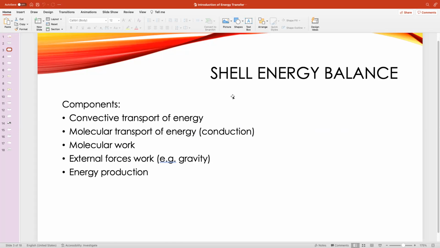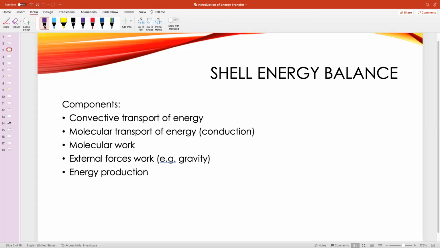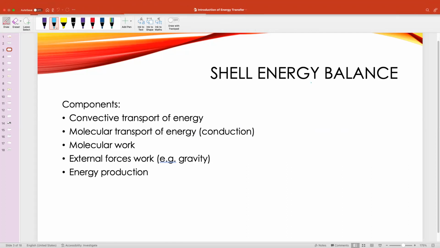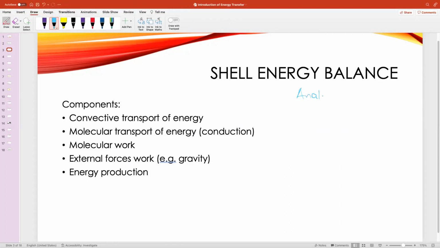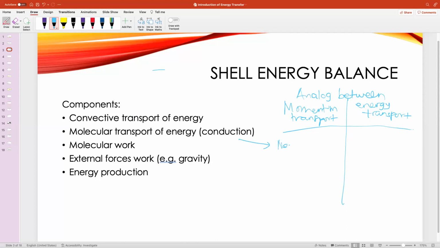Okay, and so if you want to consider the analog between momentum transport and energy transport, the structure is the same, but for the molecular transport, in momentum transport you use Newton's law,